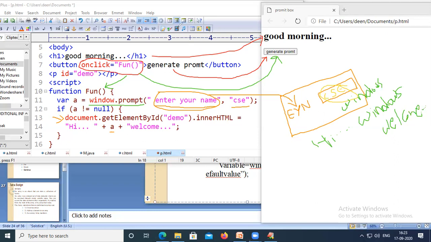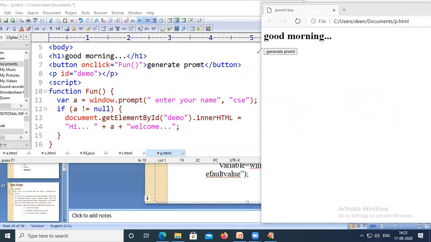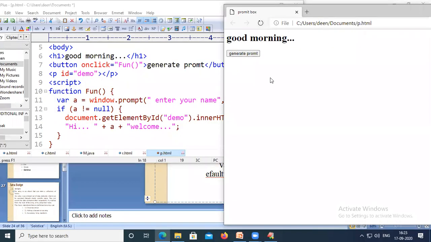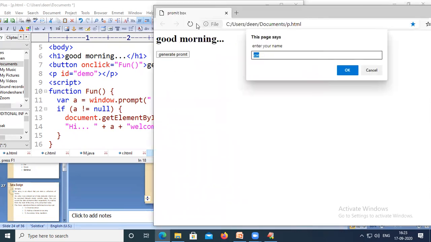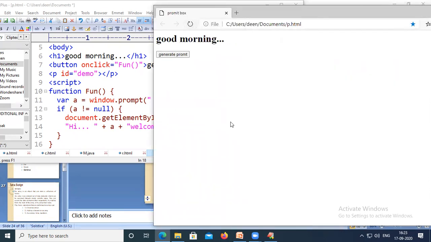Now let us have a look at what will happen if we click on this generate prompt button. Let me refresh here, and again click generate prompt.